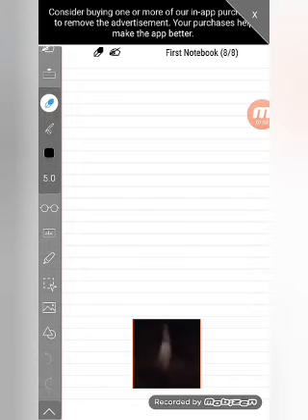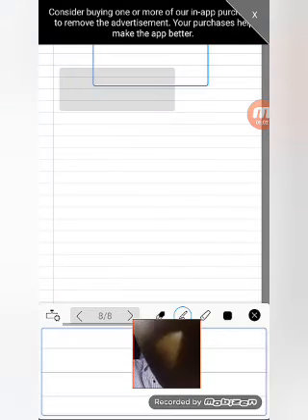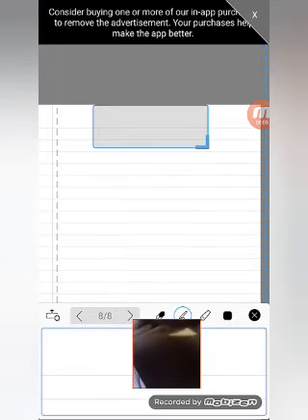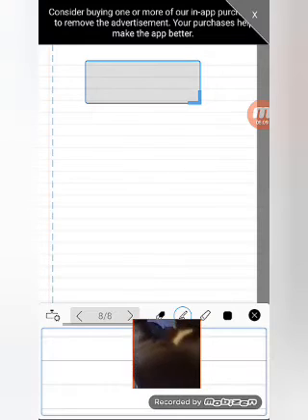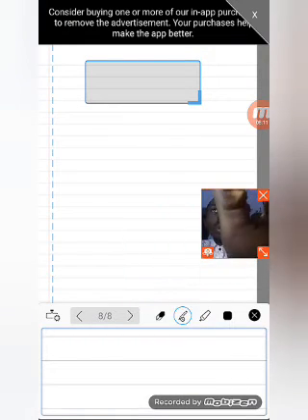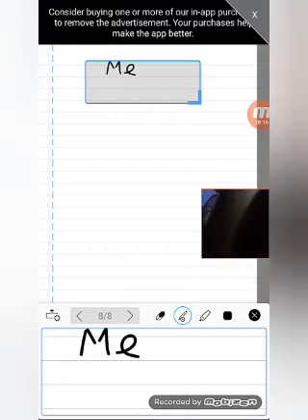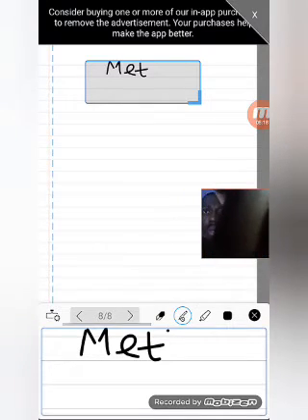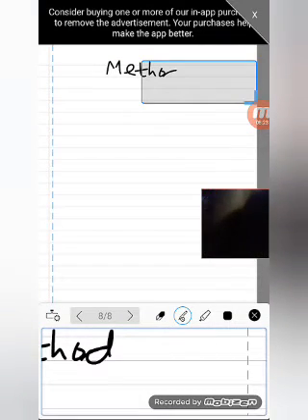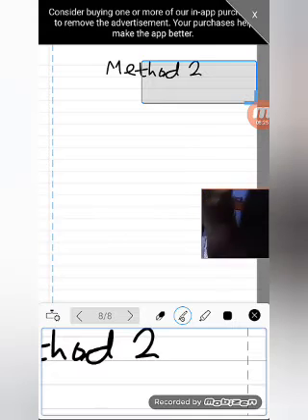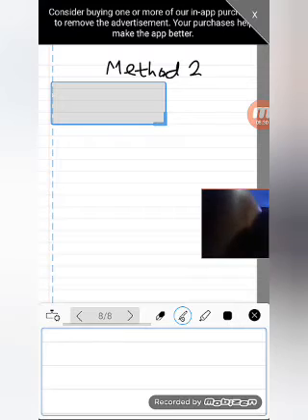This is a fresh page, which is good. So write method 2. Okay, so having this, we know that 24 sweets